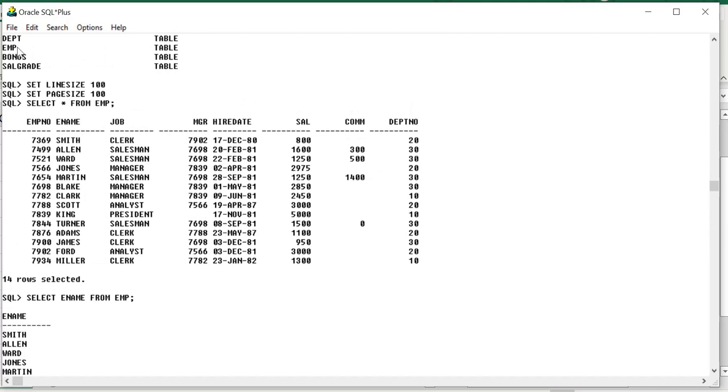This is the emp table, which is present in our database. So when we give emp in the from clause, whatever the query is, the from clause is executed first. Its job is to go to the database, search for the table, and keep the table under execution.